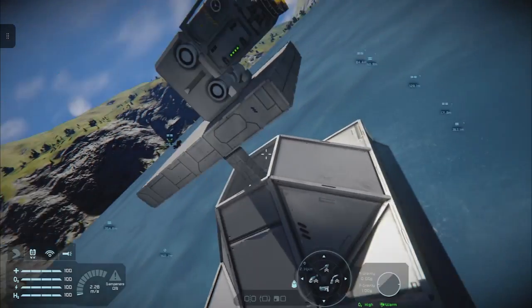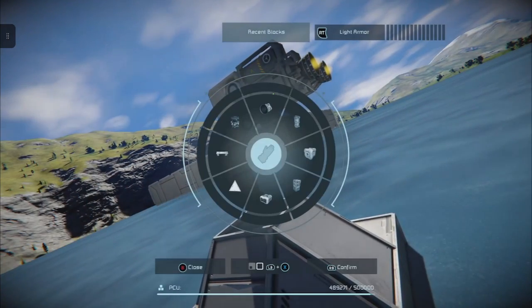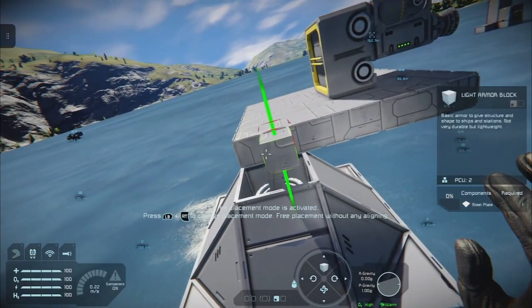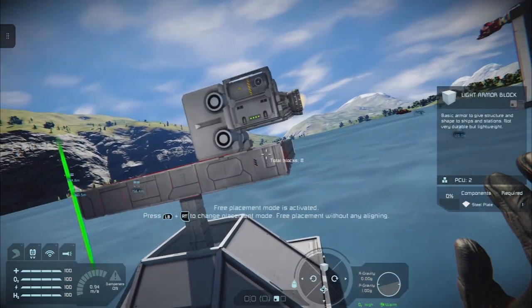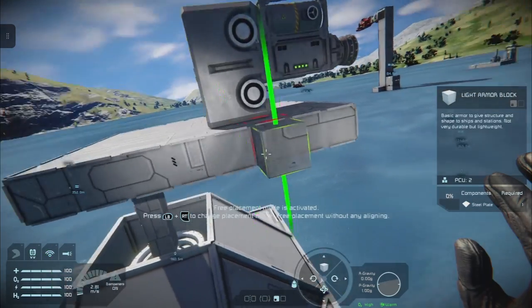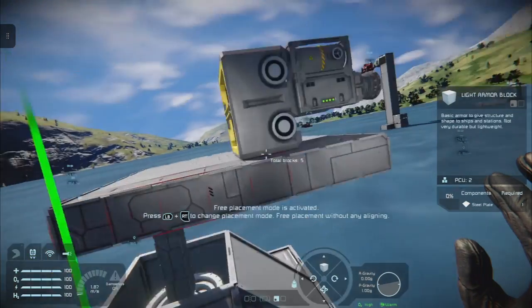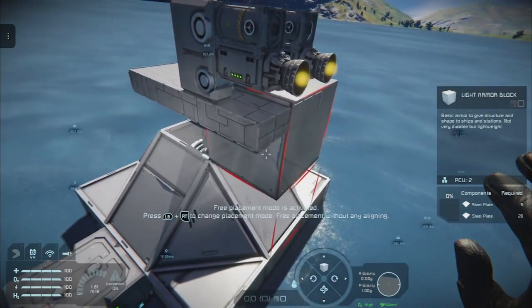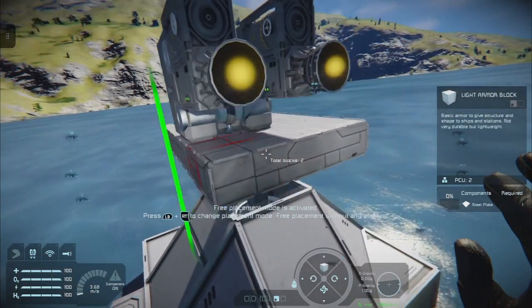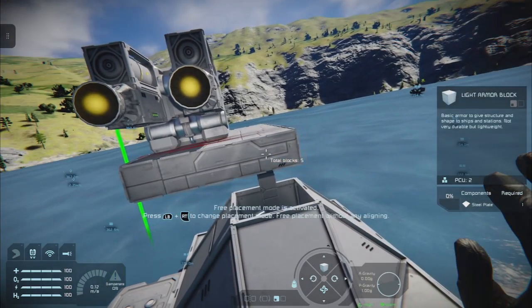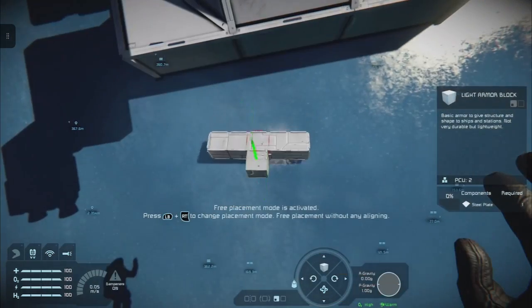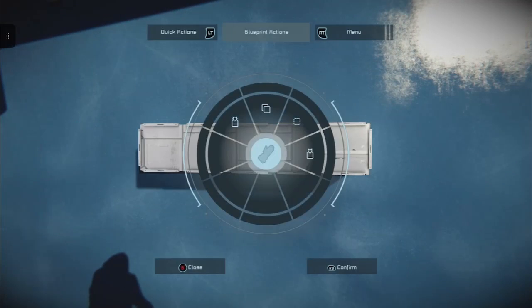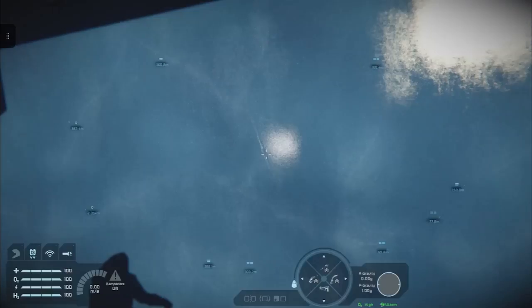So when you're building, my advice, since I built this specifically like this, is to start. And what you don't want to do is, actually, if I cut that, that will drop, and then we can just click in the right stick, and you can copy, cut, and so on the grid.